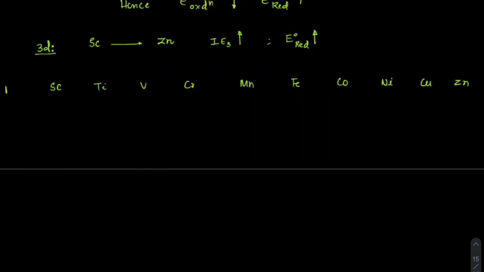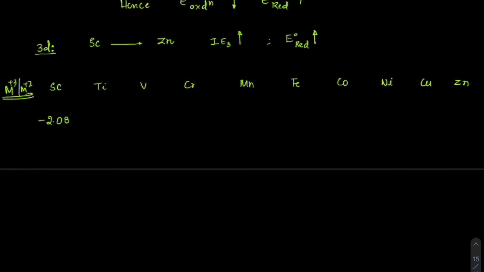I am doing it for M plus 3 to M plus 2. This is the reduction potential I am checking out. This time scandium will show because scandium will have plus 3 oxidation state. Got it? But does it have plus 2 oxidation state? Not so much, right? So that means it is highly unstable, hence this value is minus 2.08. So its plus 2 oxidation state is highly unstable, so it will tend to be in plus 3 oxidation state only. That's why the reduction value is negative.